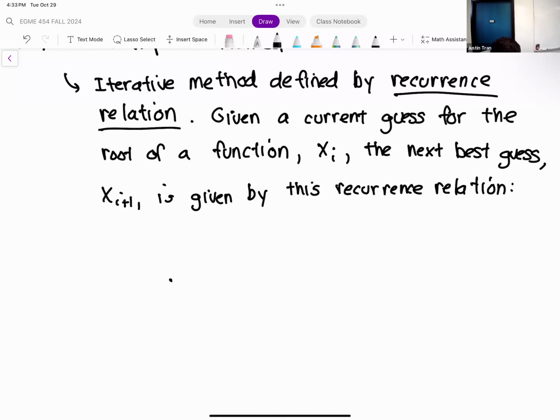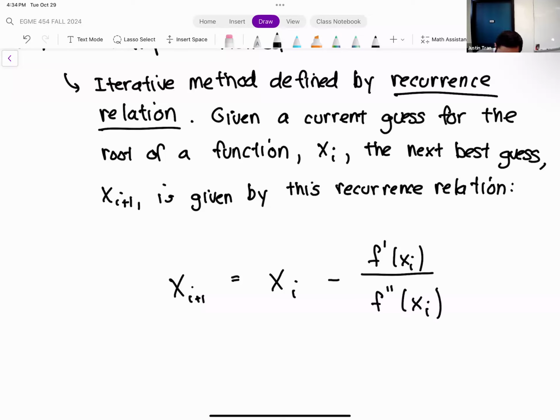Very simple. x i plus 1 is equal to x i. To find the next guess for the root of the function, you start with your current guess, and then you modify it according to the function derivatives. So we have minus